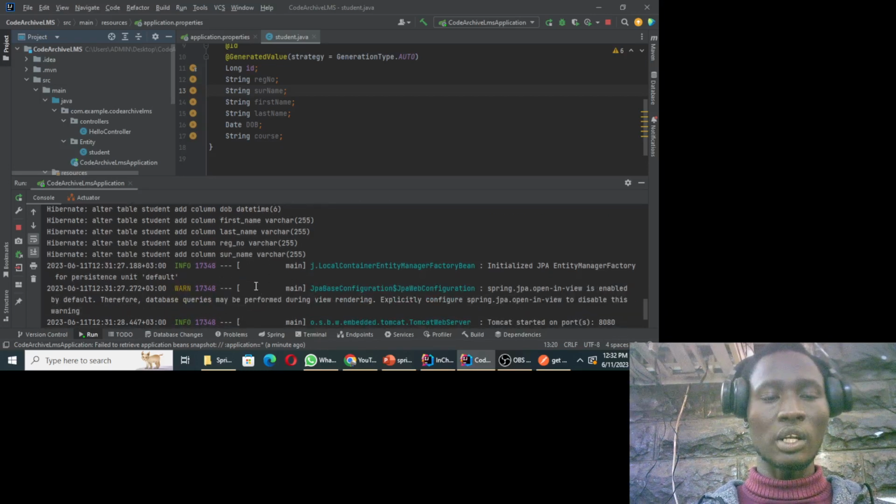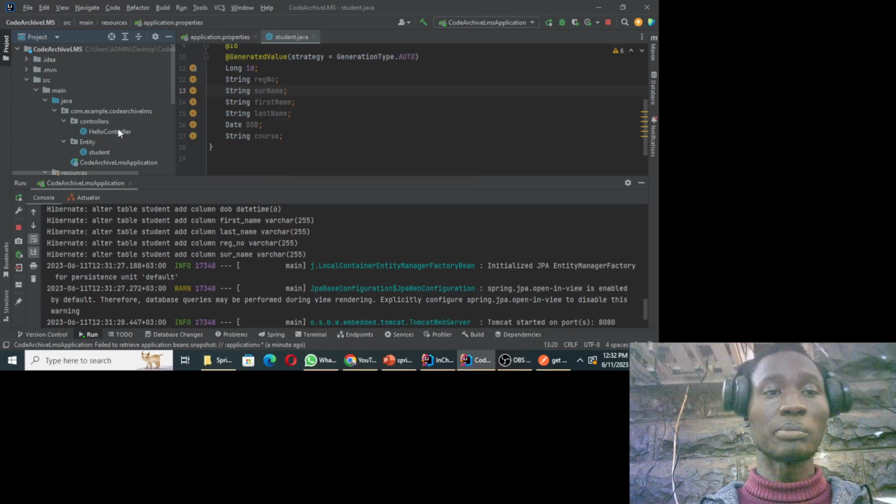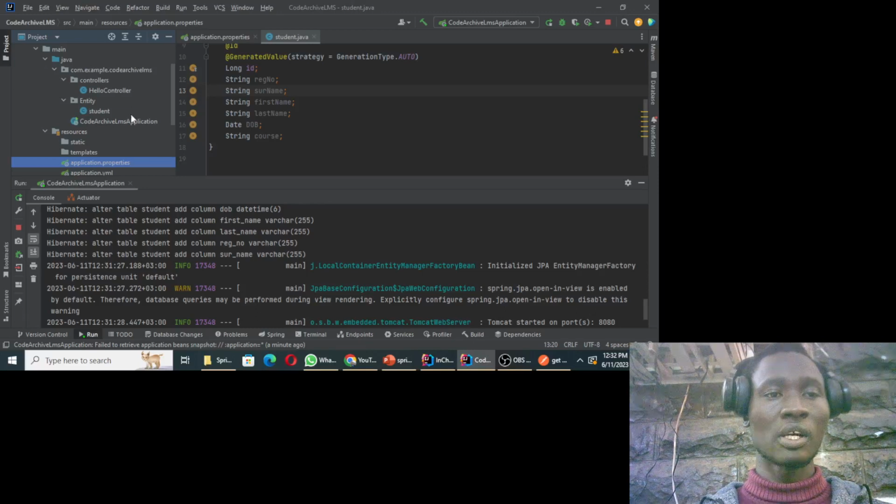So up to this point, you have no way of interacting or manipulating this entity. For us to be able to persist this entity, we need to create a repository which will be able to persist this. So to create that,